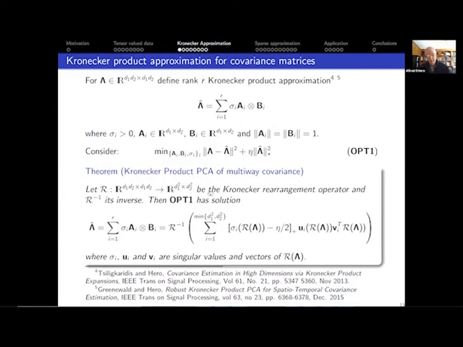And so you can define then the rearrangement operator R and its inverse, which basically rearranges a square matrix of dimension D1 D2 by D1 D2 into a rectangular matrix, which is constructed by taking each one of those pattern spatial covariance components and unwrapping those into a vector and then replicating those vectors over all the time points. So it's a rectangular D1 squared by D2 squared.